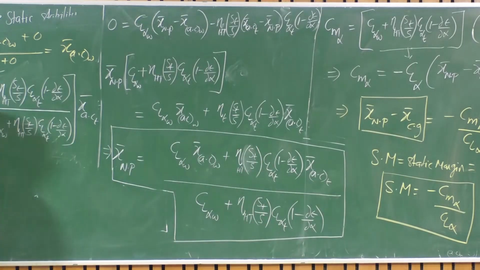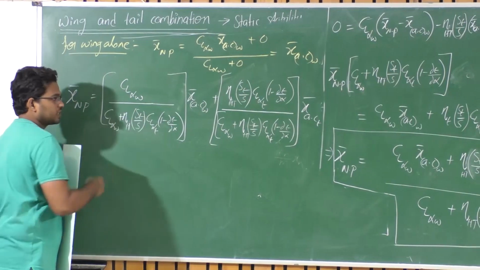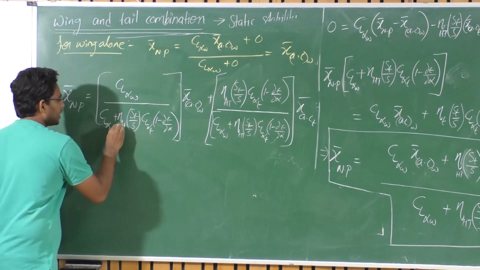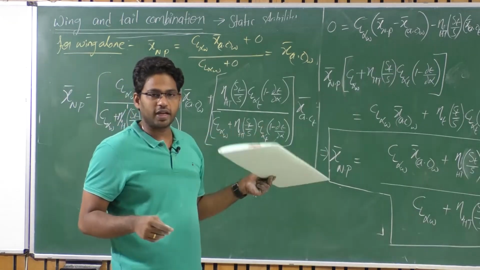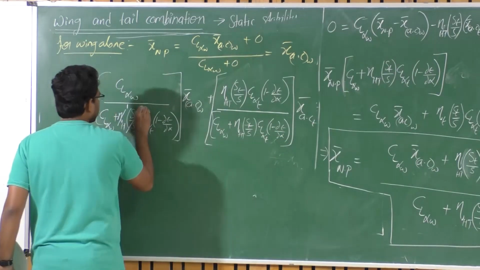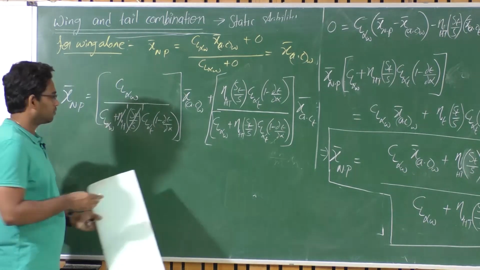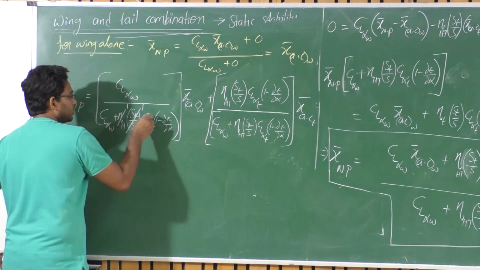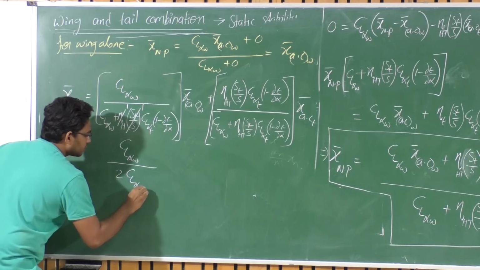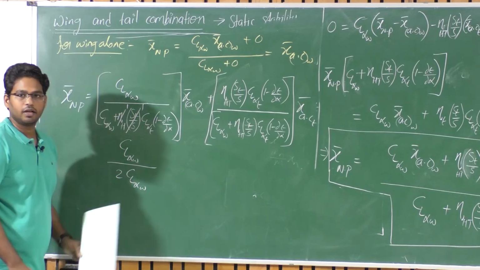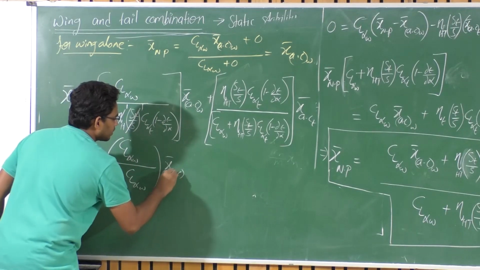So I have a main wing with CL alpha, and the downwash is 0, that means eta is equal to 1. So in that case, eta is equal to 1, and St upon S is 1 because I have two identical wings, one as wing and one as tail. So this becomes 1. Am I correct? And CL alpha of tail is nothing but CL alpha of wing. Both are the same, and there is no downwash. So this entire expression turns out to be CL alpha of wing over 2 times the CL alpha of wing. Am I correct or not? Multiplied by x bar AC of wing.